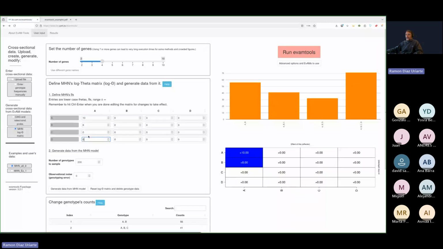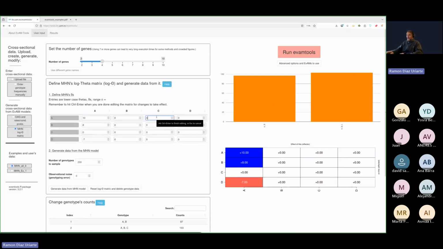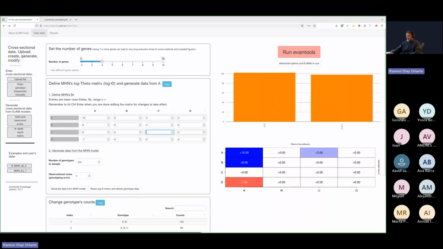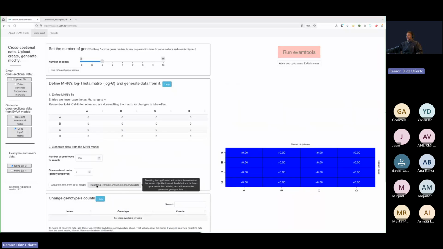We could have a negative interaction between E and D, sorry, so that whenever you gain E, gaining D is inhibited, and that's going to change a few things here, etc. Okay, so you can play around with this type of thing. There is no reason for this to have these numbers. We can have this to be 3, so that when you gain C, and then let's make C a little bit more present, etc. We can start playing around with this and try to see what the empirical implications of these models are. We can reset everything here. Go back to